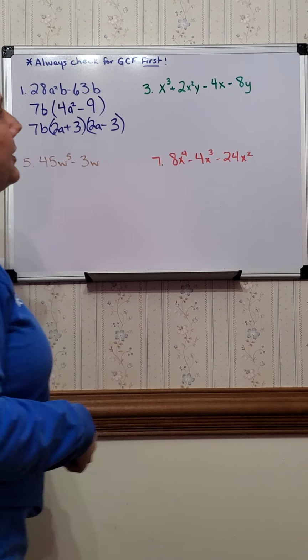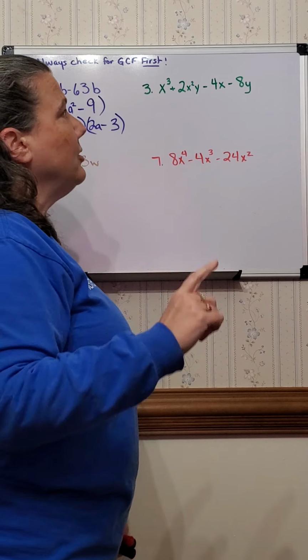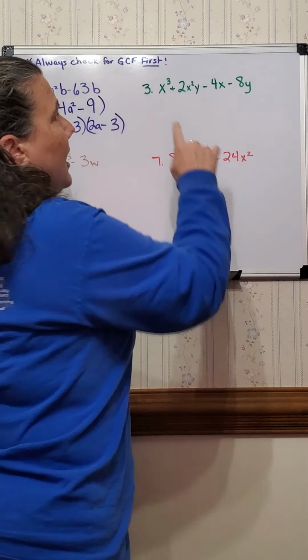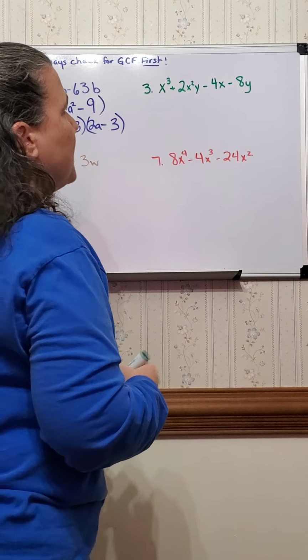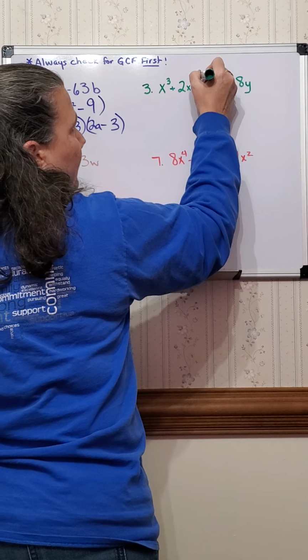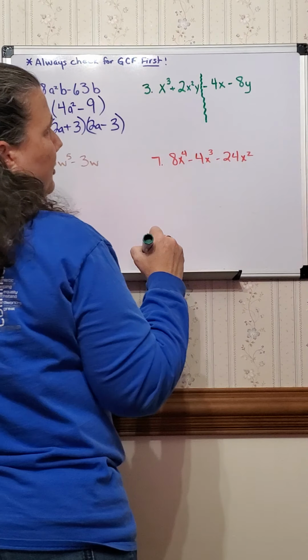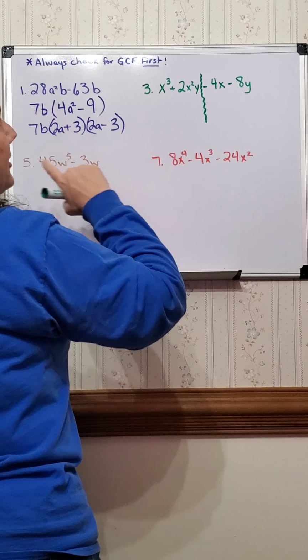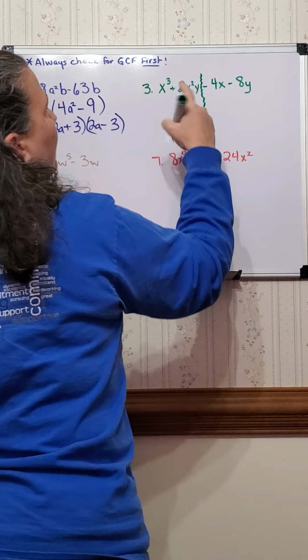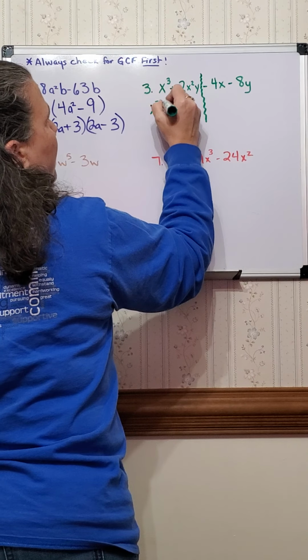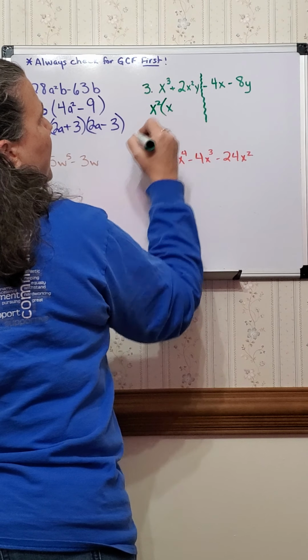When I look at number 3, I automatically notice something. I notice that there are 4 terms in this one. And when I have 4 terms, remember, I need to split it up. And I'm going to do 2 and 2. So I have to see, is there something common that I can take out of here? Well, I could take out x squared. That would leave me 1x